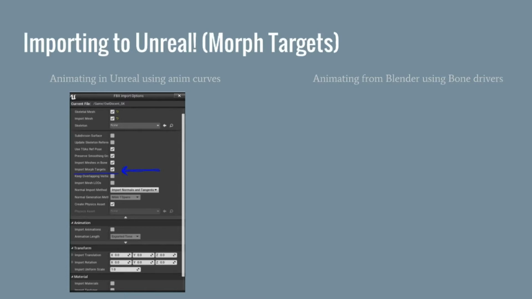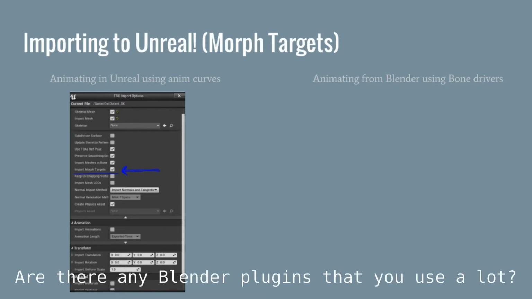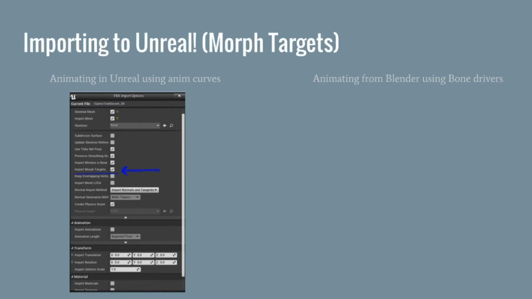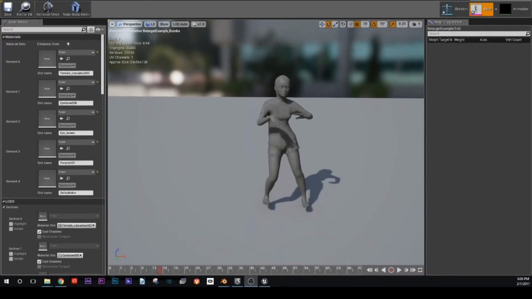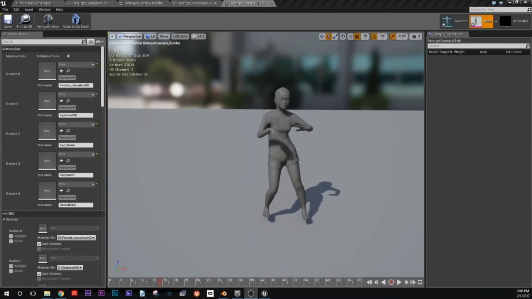Any question first? Are there any Blender plugins that you've used a lot? So you saw me use Make Human character. I referenced Make Human earlier. That was the program that I used to create these characters. I figured it's kind of similar to Mixamo, but